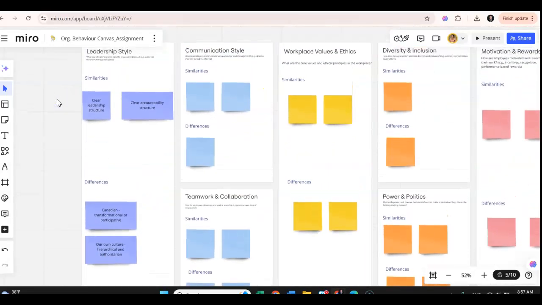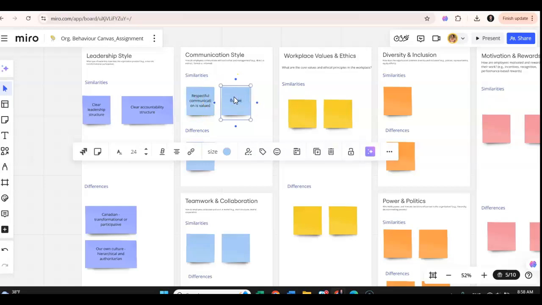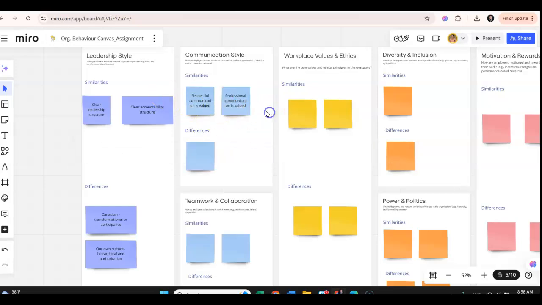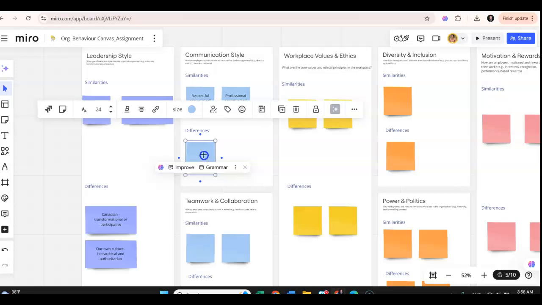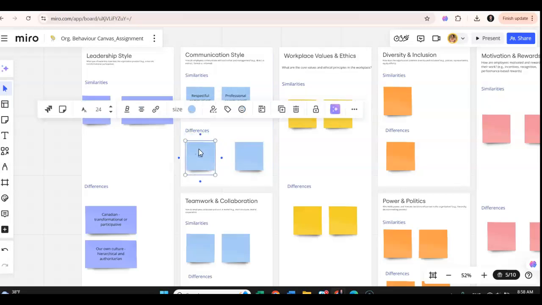Next one is the communication style. In both cases, similarities is that respectful communication is valued, for instance, and professional communication, like business professional communication is valued. So it should be like business communication style and not just using slangs and using very informal style. However, the differences is that in Canadian culture,